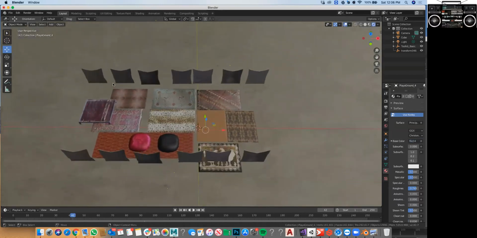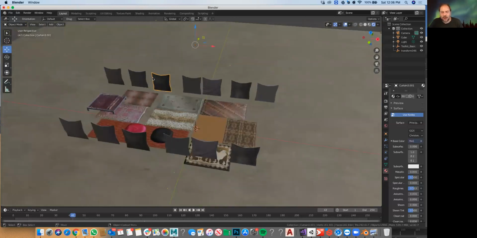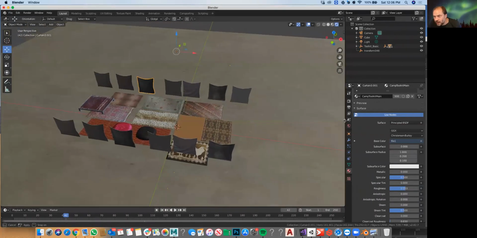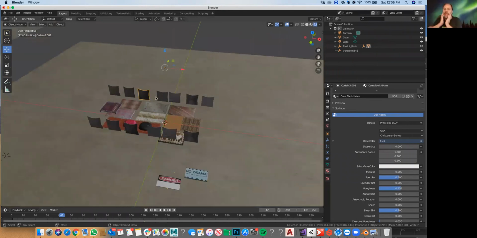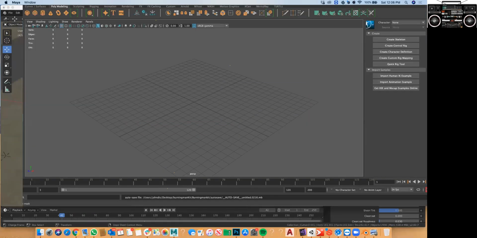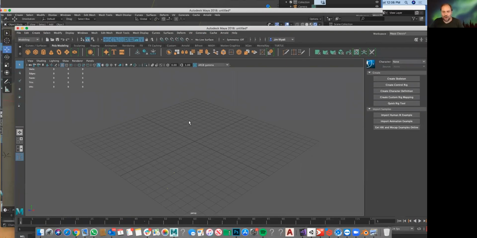Could I ask a quick question? Is there a way to lock something so it doesn't move accidentally? Yes. Let me see, I know how to do that in Maya. If not, it's fine. I'm just curious because I accidentally moved something and it tilted in the wrong way. So yeah, in Maya, you would go and you'd like